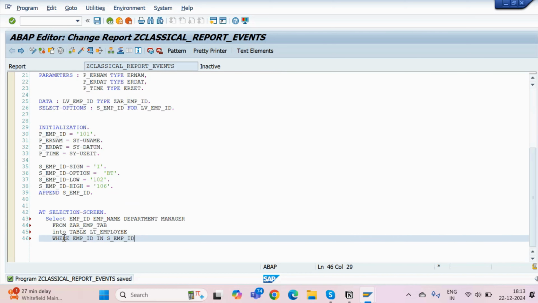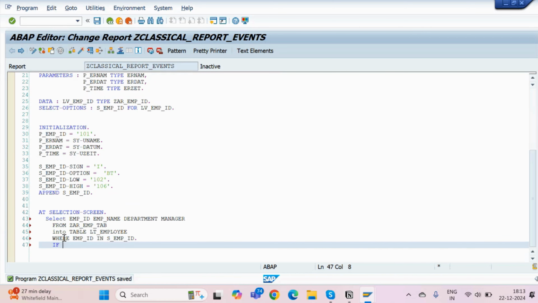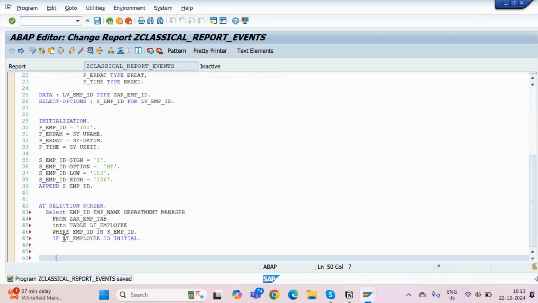Okay. And I will apply here: if LT employee is initial, that is, it is empty,